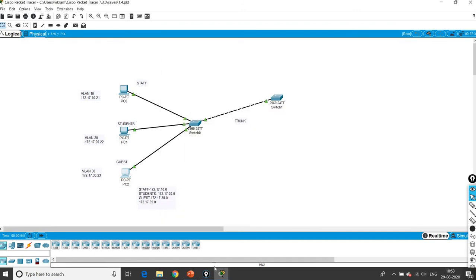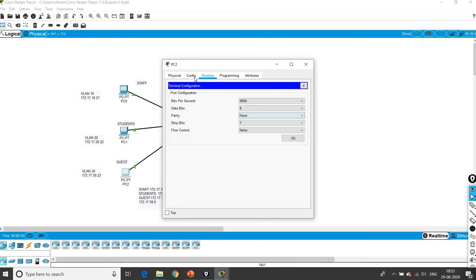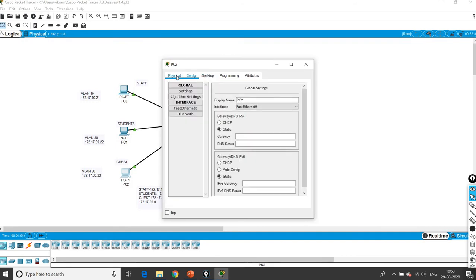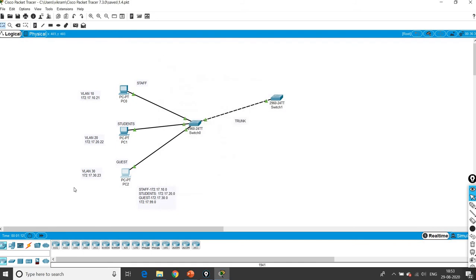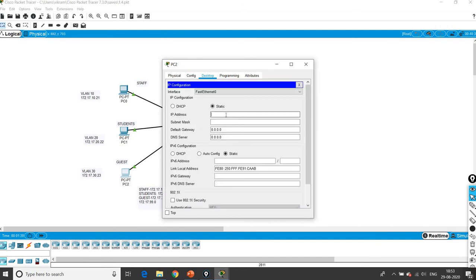And for VLAN 30, Desktop, Config, PC2, IP Config, and what is the IP address? 172.17.30.23, followed by the subnet mask.